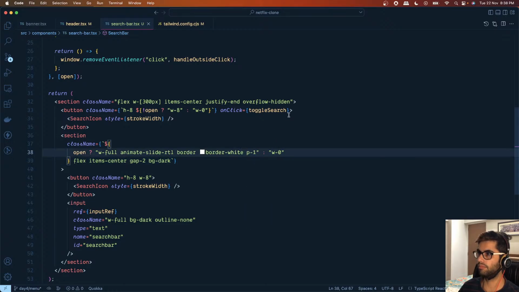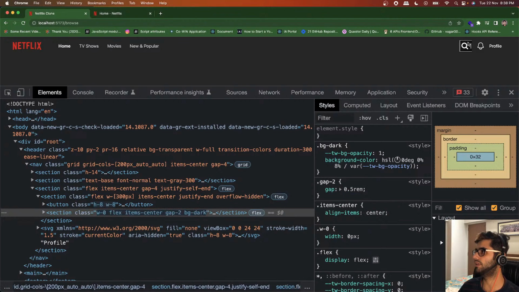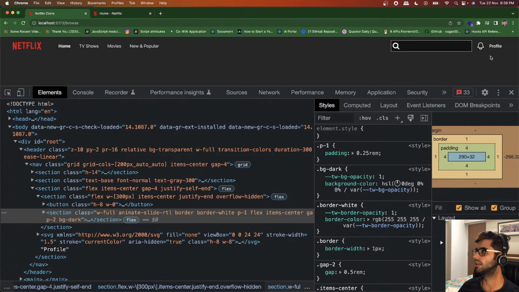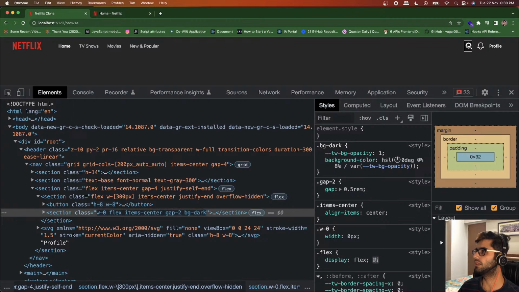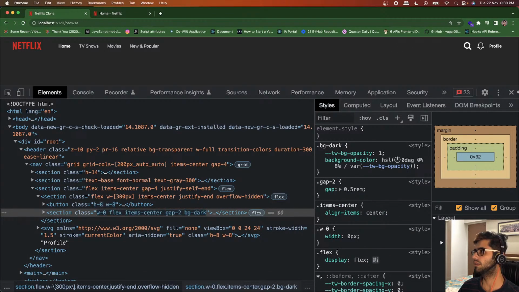Okay, and now this is not collapsing, and when we are clicking anywhere outside, right, it's closing on its own. Okay, all right,